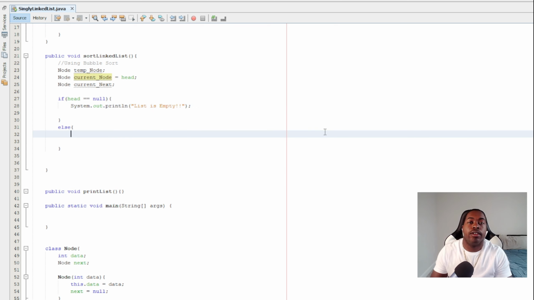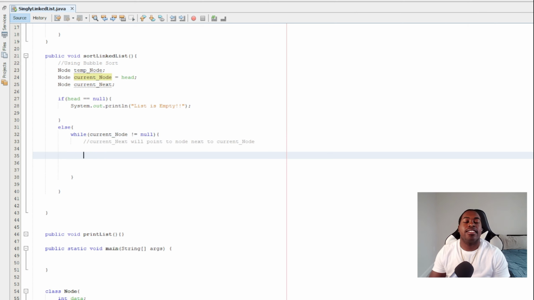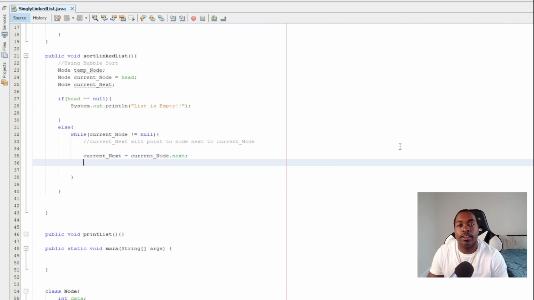Else, we're going to create a while loop that makes sure our current node isn't null. Next, the current next variable that we created earlier will point to current node dot next. Next, we're going to create an internal while loop that makes sure our current next isn't null. So while current underscore next is not null,